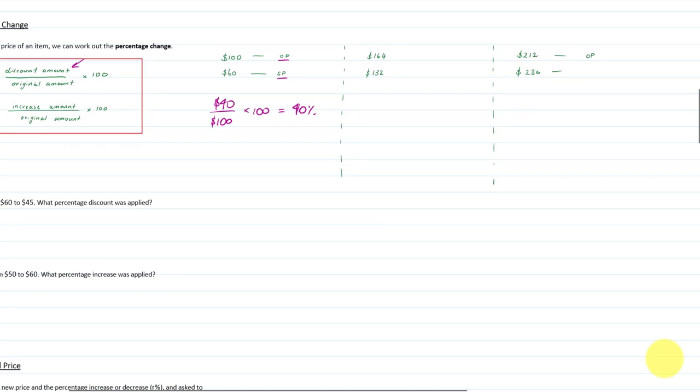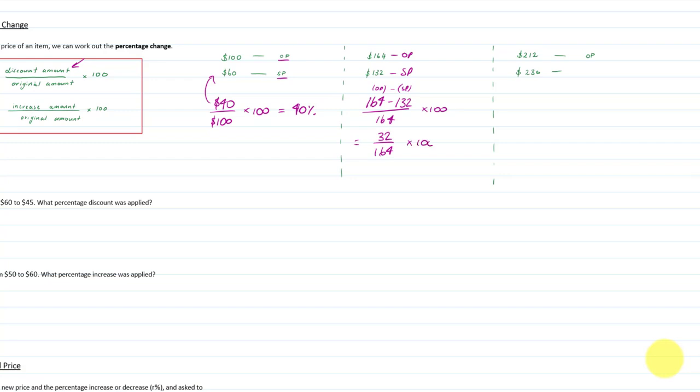So we've got another question here where this is the original price and this is the sale price, and it's a bit trickier. So because it's a bit trickier, where did I get this $40 from? I calculated the difference to work out the discount. So I could do that difference in my original calculation. 164 minus 132, which is my original price, minus my sale price, will also give me my difference or discount. Over the original price, 164 times by 100, and just running through the calculations, that gives me 32 divided by